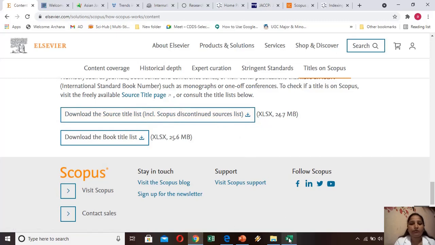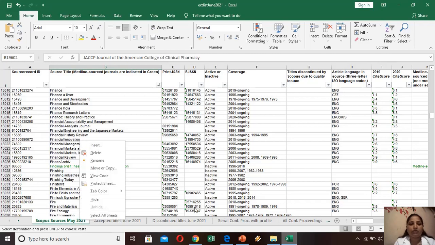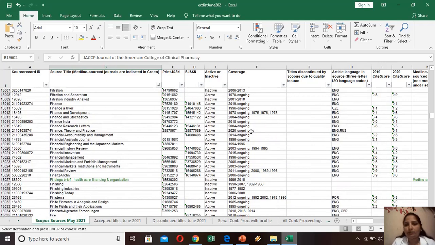I have already downloaded it. You can see this is the list of journals, with different titles over here. This is Scopus Sources May 2021. This is the list of journals which are indexed in Scopus by 2021. We can see the ISSN number and since when they are indexed in Scopus.